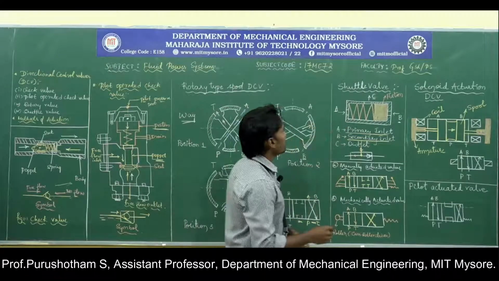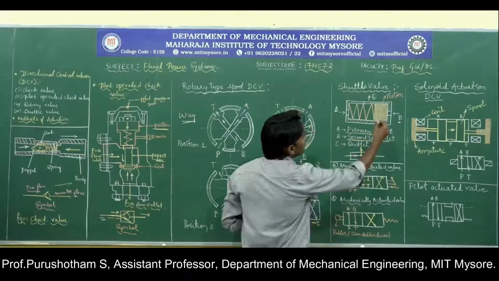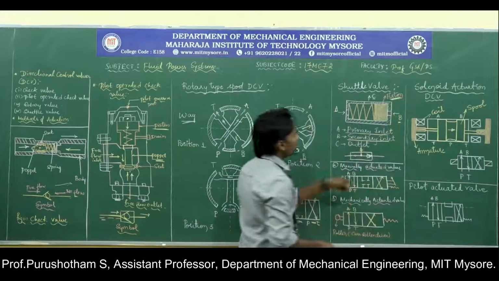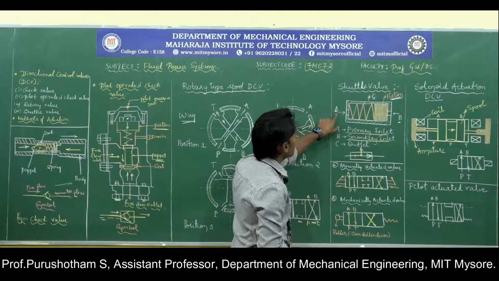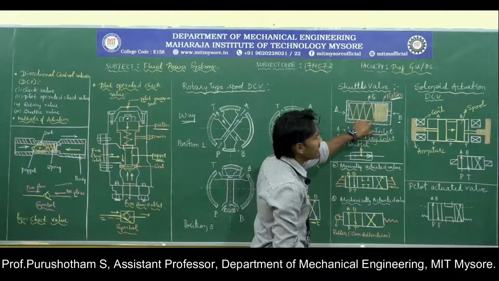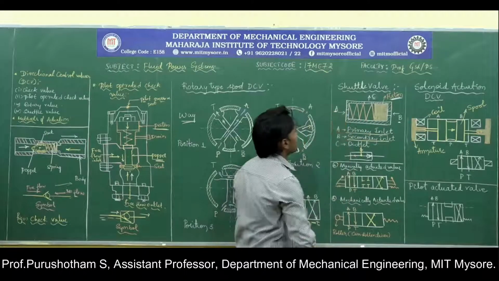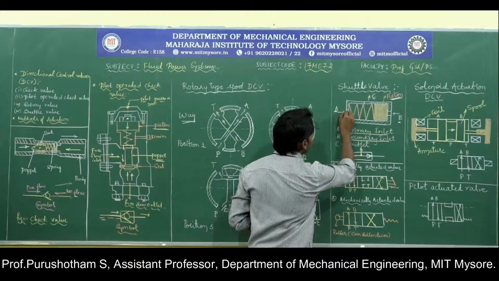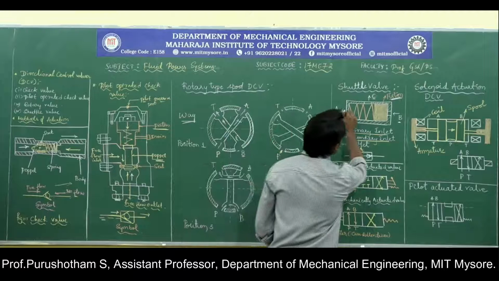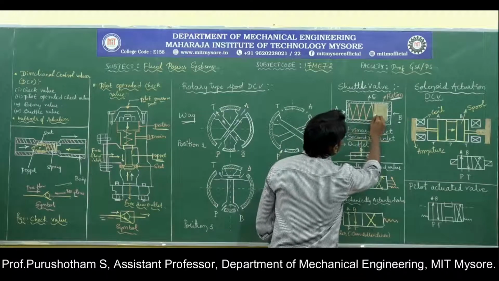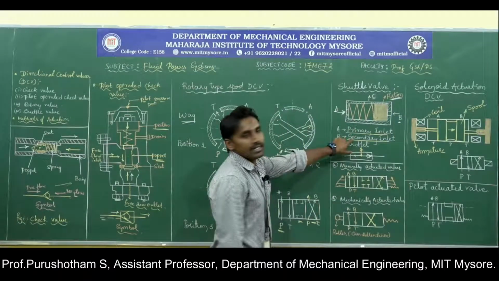Coming to the construction, you can see this will be the valve body. Here this will be the floating piston, but in this figure, on the side of the primary supply, we are using a spring at one end. That means we are always supplying the fluid from port A. So when the fluid enters from port A, due to the spring action, the piston blocks the secondary inlet.